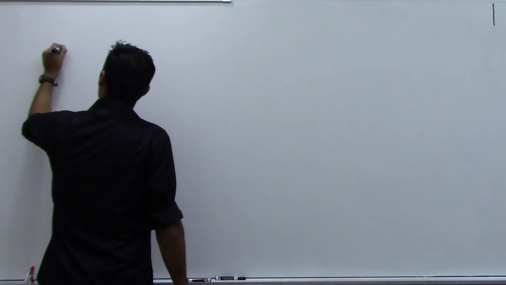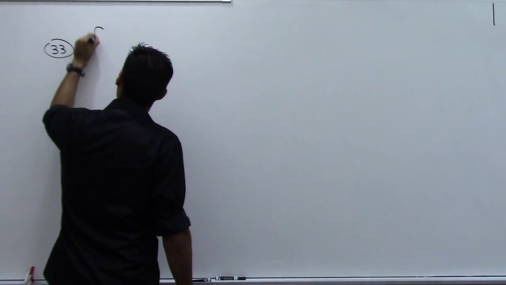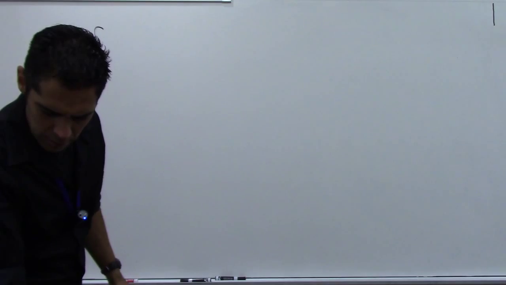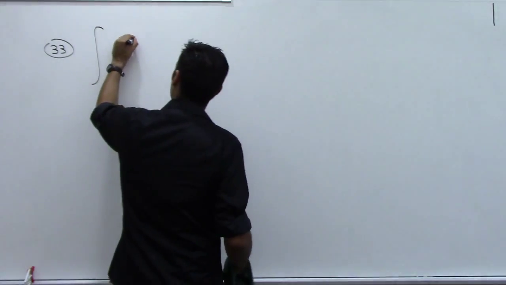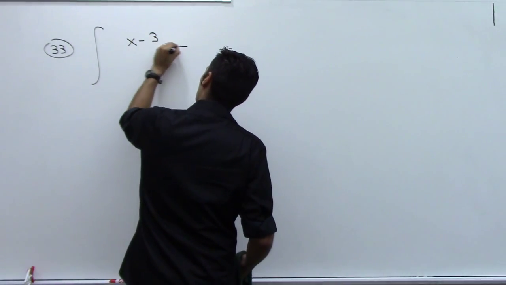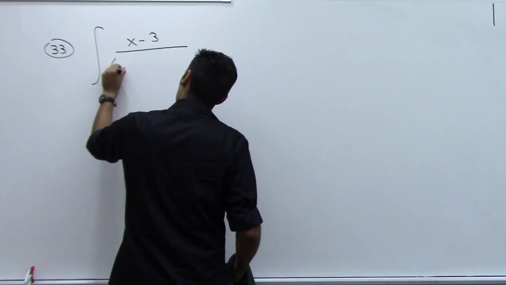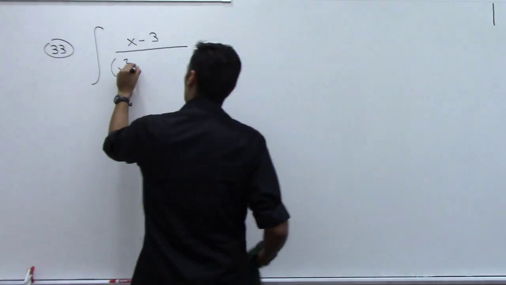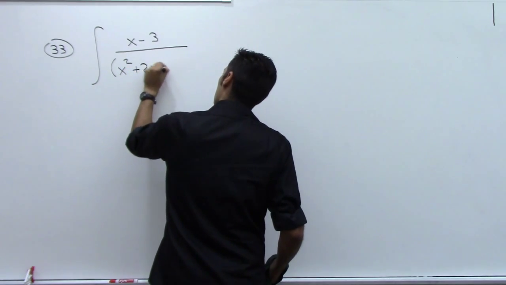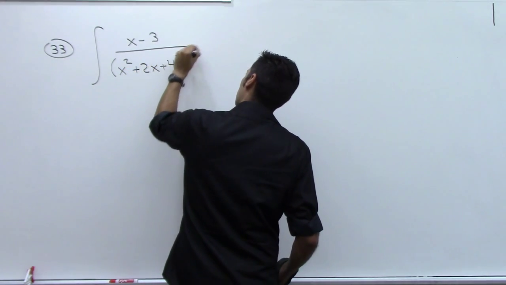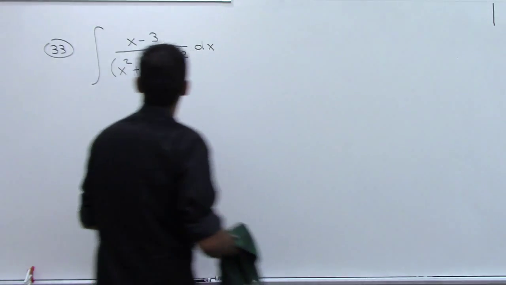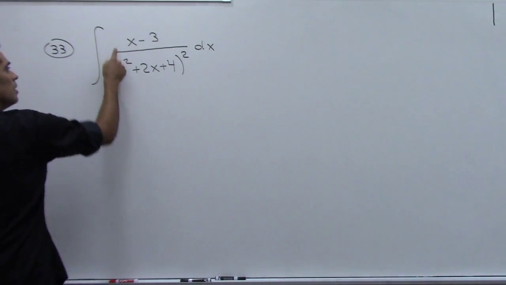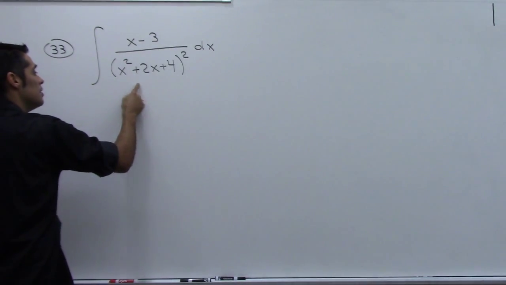All right, gonna do number 33. So I've got the integral of x minus 3 over the quantity x squared plus 2x plus 4, that quantity squared. All right, so I have a linear expression over an irreducible quadratic, and so we looked at